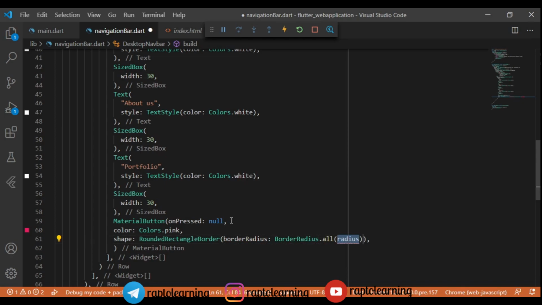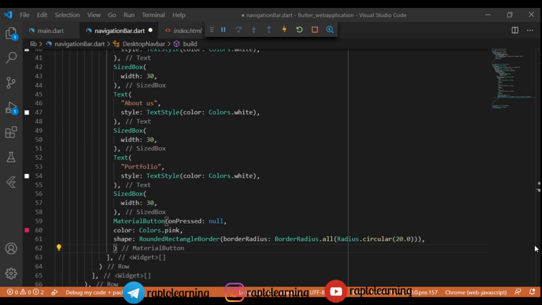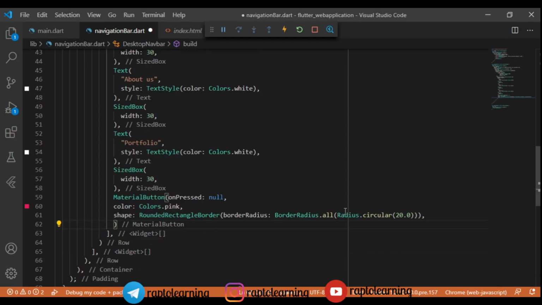Border radius should be dot all, and then radius should be circular, right? So we'll add this circular, and then 20 will be fine for our website, right? So let's see how this will look in our website.